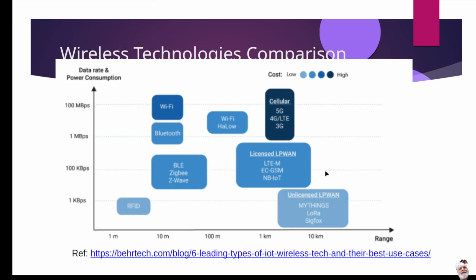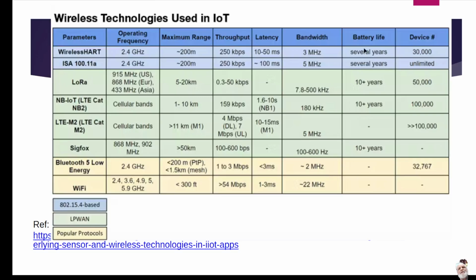The other side of this, the next slide here, shows you the battery life to go along with that. It gives you a lot of the same information in table form, but it also gives you an indication of battery life. So when you're using Wi-Fi or Bluetooth, those are really hard on batteries. They use a lot of power, but they can send a lot of data, right? Those are high on the data list,